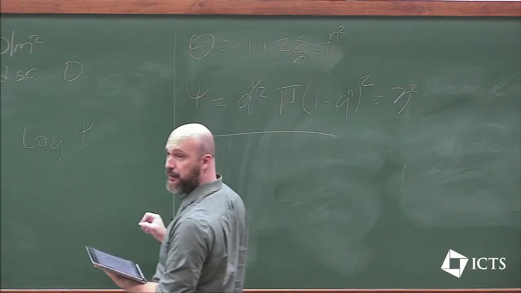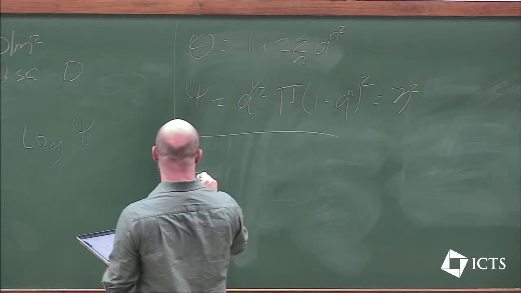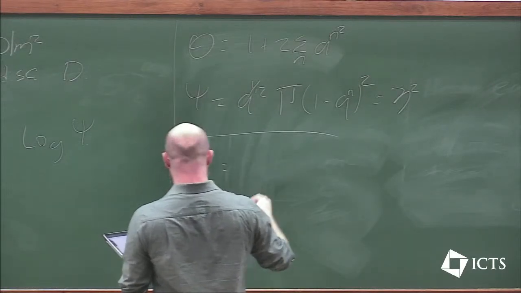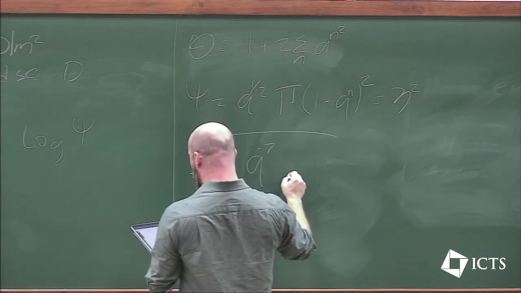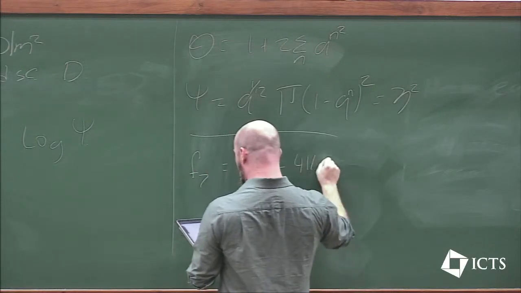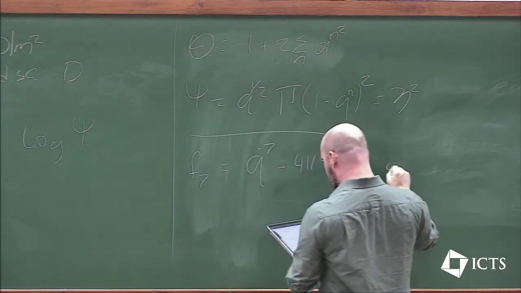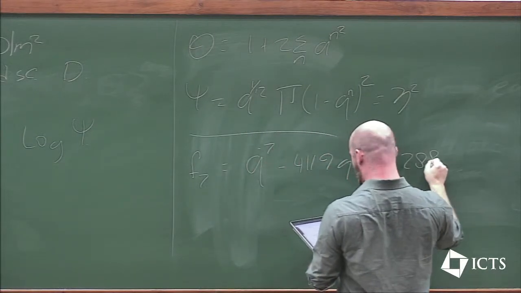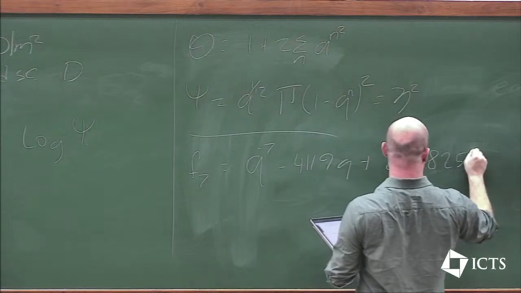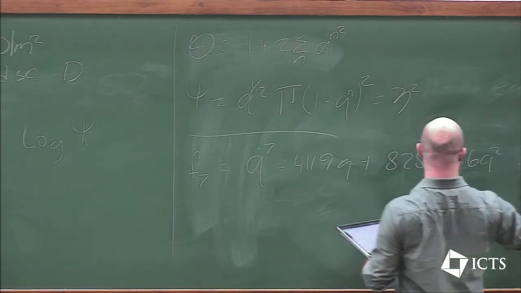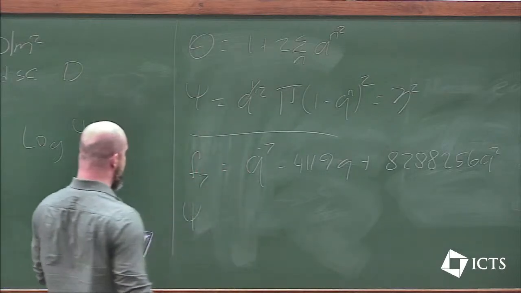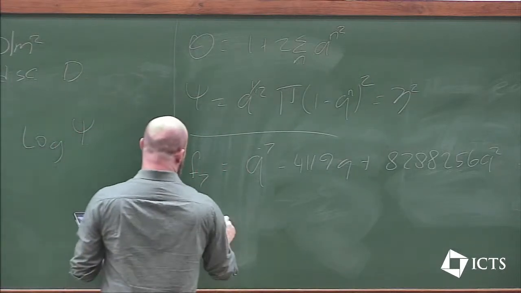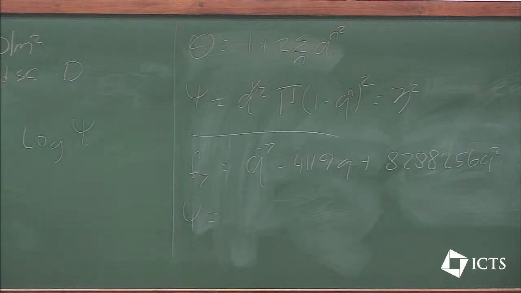So there's this function called F7, which is a weight 1/2 weakly holomorphic modular form. q^-7 - 4119 q + 8288256 q^2, and so on. And in this case, when you do the Borcherds product, we end up getting out a meromorphic modular form